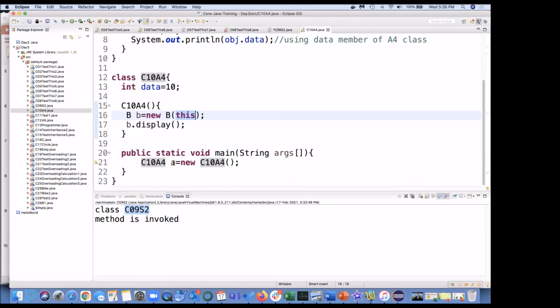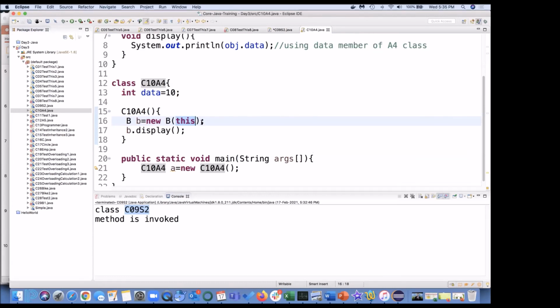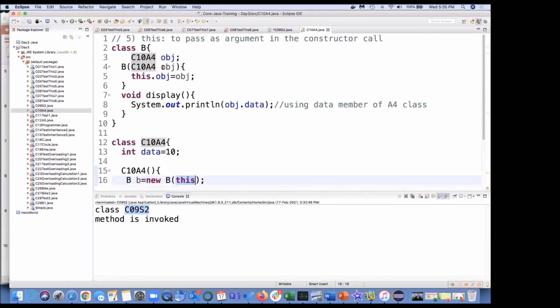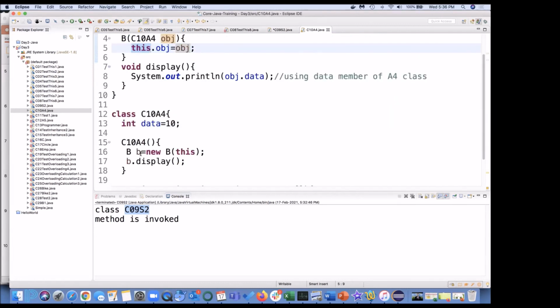The instance variable is created. So while creating B, I need to see what is the one argument constructor in class B. Yes, I can see a one argument constructor in class B, and the type of that is obj. And when I say this dot obj, this is B's this. Sorry, there are so many this.